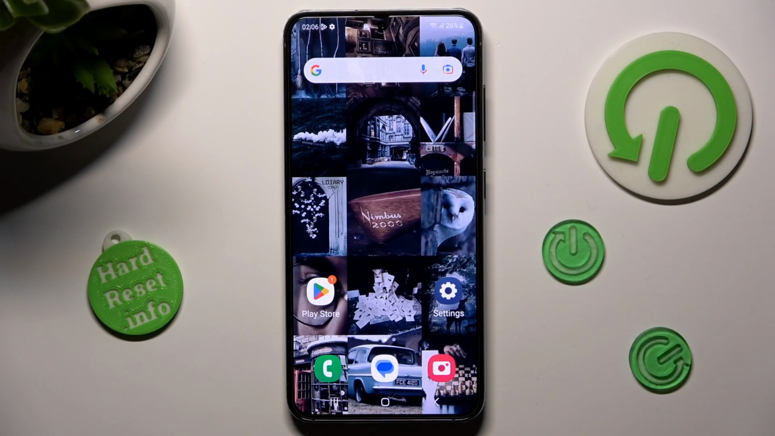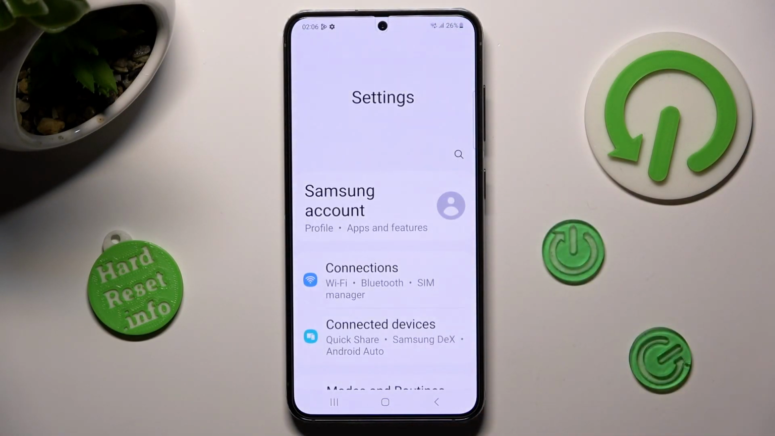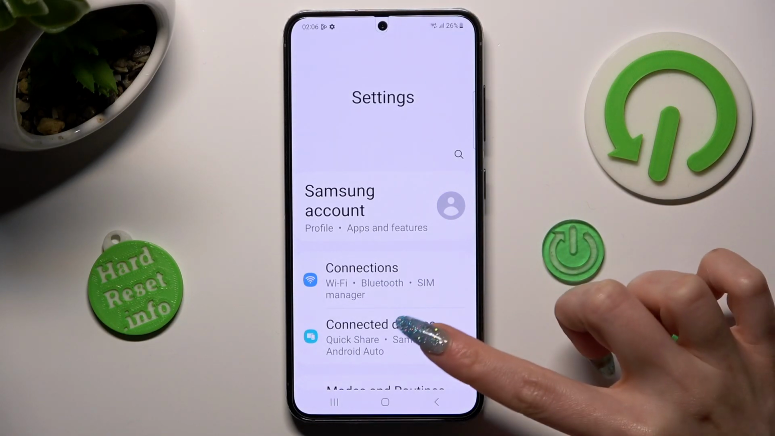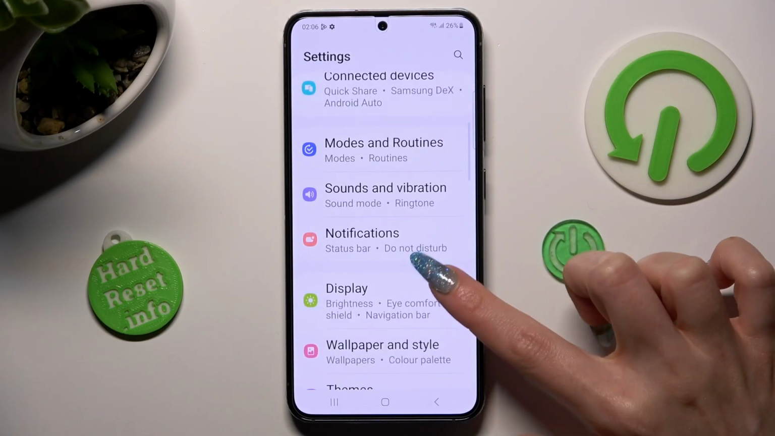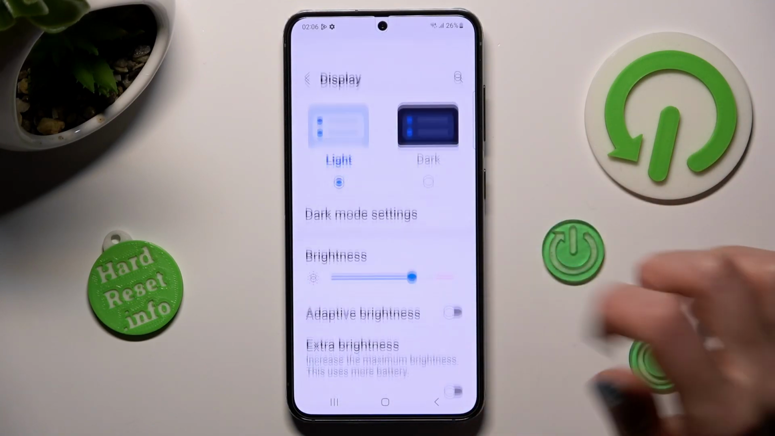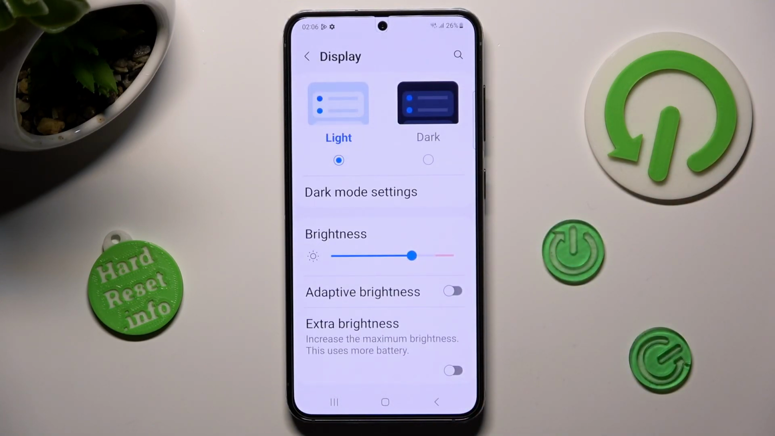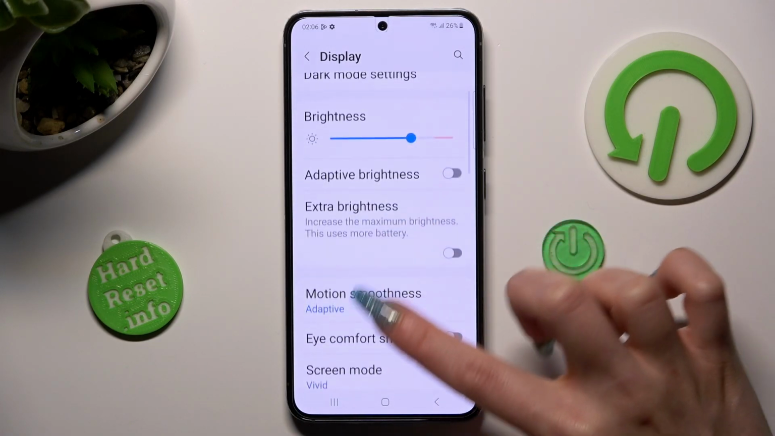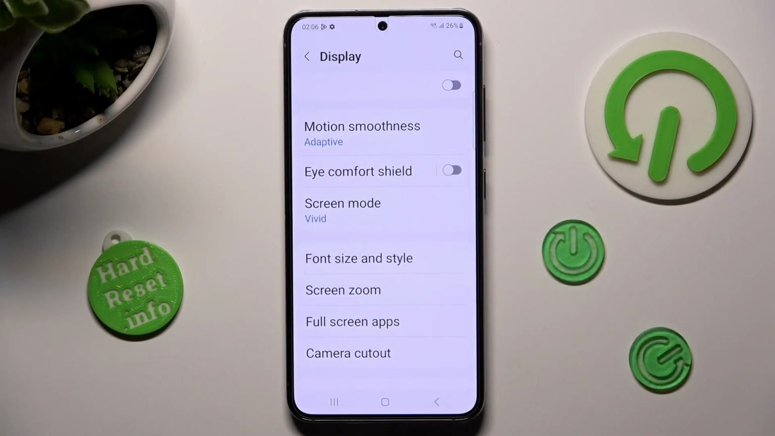First of all, go into settings. Now scroll down just a bit and tap on display section. Following that, scroll down again, tap on font size and style,